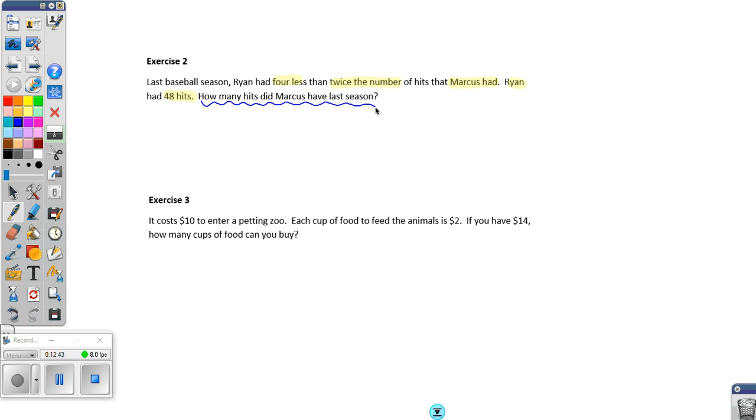Okay, so this is a very wordy problem. So we need to start with our variable. So we know that we're looking for the number of hits that Marcus had. We know Ryan had 48. We don't know how many Marcus had. So we'll call this M. Let M equal the number of hits